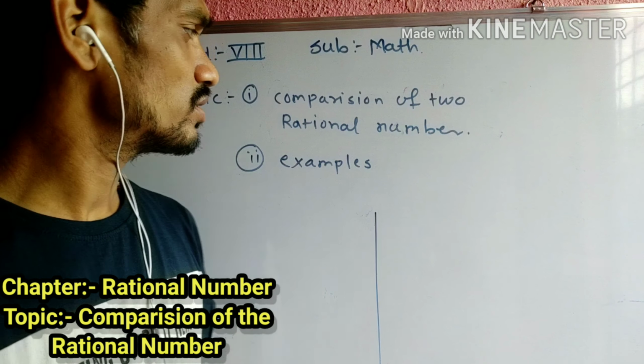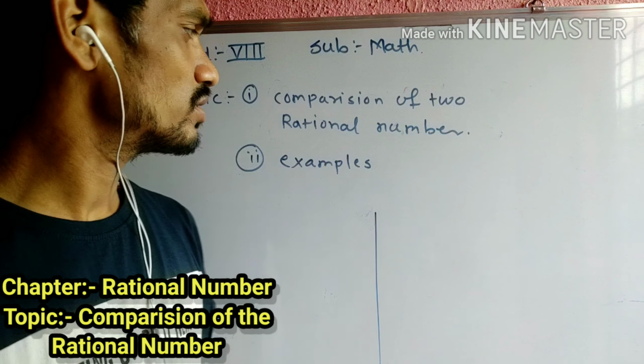So note that down, okay, students. That's why I have taken 3 and 5 as rational numbers. Every integer is a rational, every natural is a rational, because we can write 3 as 3 upon 1 and 5 as 5 upon 1, so it is of the form a upon b. So we have to compare them. In 3 upon 5, which one is bigger? Give me the answer in the comment box. The answer is 5 is bigger than 3.